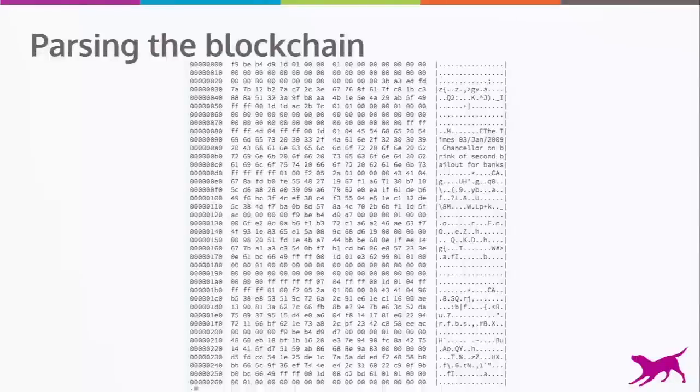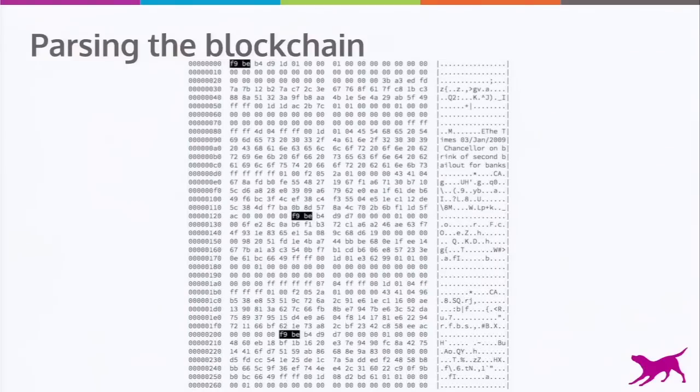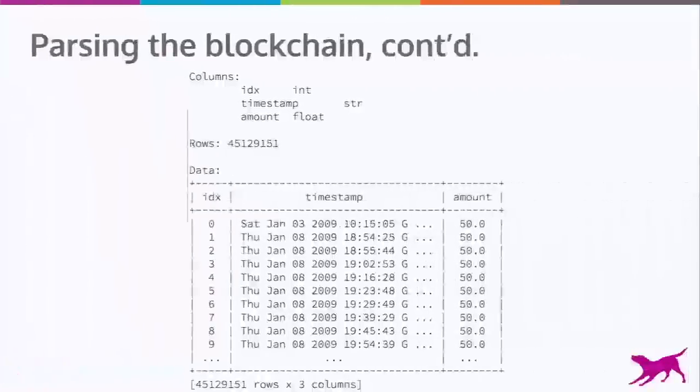So I started out by parsing the blockchain. And I opened it up in a hex dump. And it doesn't look like much. I can see some ASCII strings in here. But I noticed that there was a little bit of repetition here. F9BE, I saw repeats over and over again. And it turns out F9BE B4D9 is the magic header at the beginning of every block. So this is actually a very simple binary format. And then I wrote it out to a CSV,